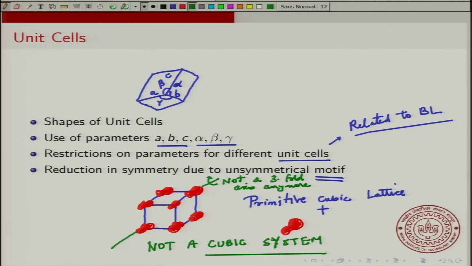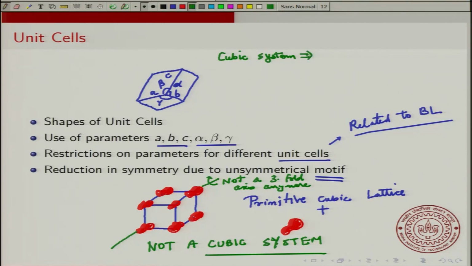Given this, you can also think that suppose you had a cubic system. Then the unit cell would definitely satisfy A equal to B equal to C and alpha equal to beta equal to gamma equal to 90 degrees. So a cubic system automatically implies A equal to B equal to C, alpha equal to beta equal to gamma equal to 90 degrees, but not the other way around. Let me write it this way: cubic system